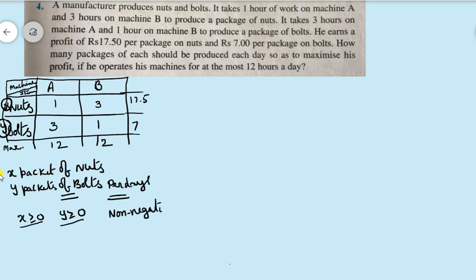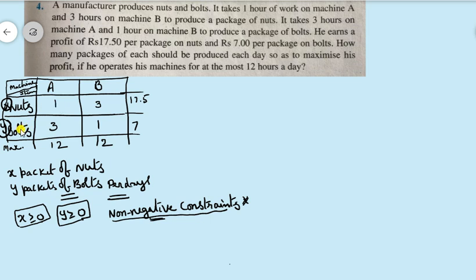These are called non-negative constraints. Because I am not discussing the detailed concepts, that is the reason I am only discussing what these are here. X greater than or equal to 0, Y greater than or equal to 0, these are called non-negative constraints. No need to write this in the exam. I am just saying it for information purposes. Right. Next, for one packet of nuts it is working 1 hour. So for X packets it has to work X hours.